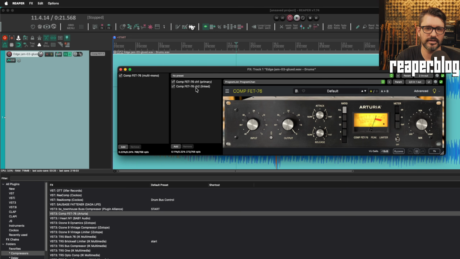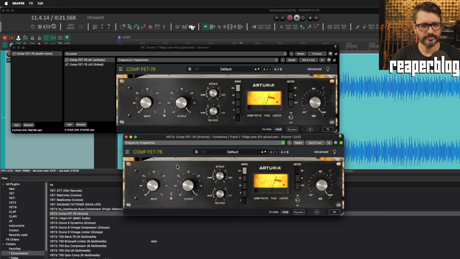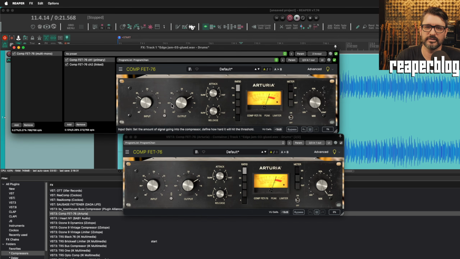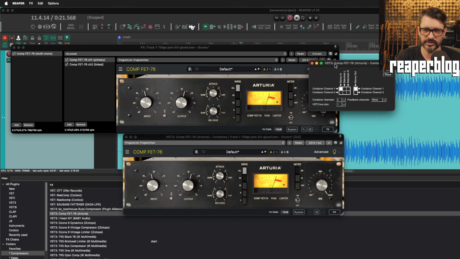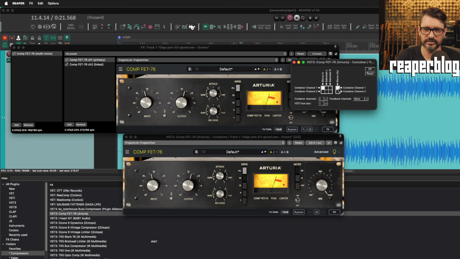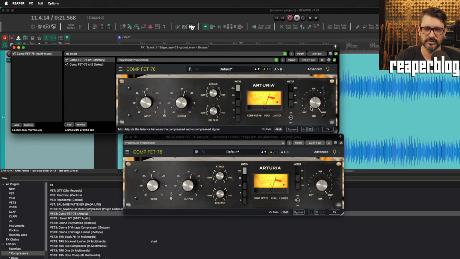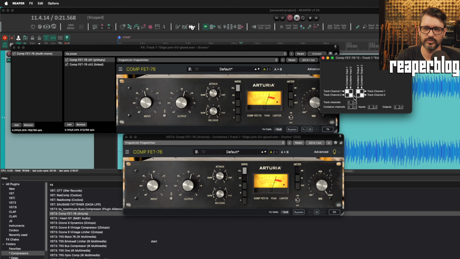The controls are all linked and they're inside of a container. I can move the input and they both move together. Change everything. So these are two mono devices, each getting their own signal, which you can see here. Channel 1 out, receiving from the container, sending out back to the container, and the actual container itself, it's 2